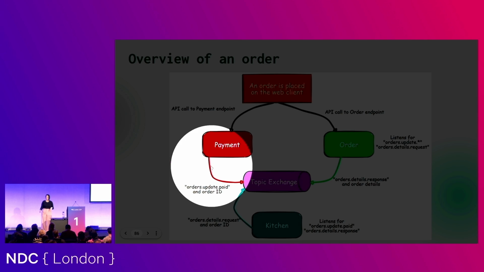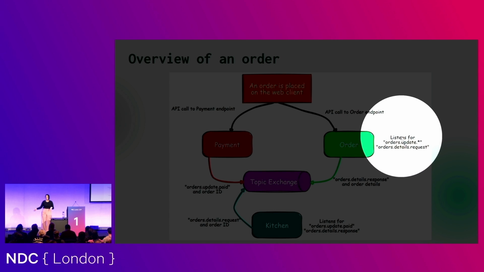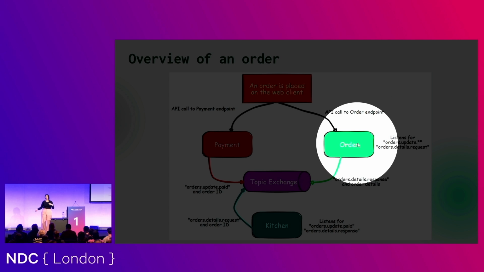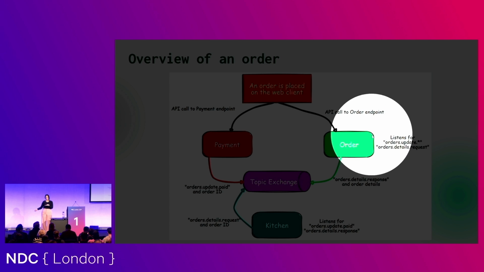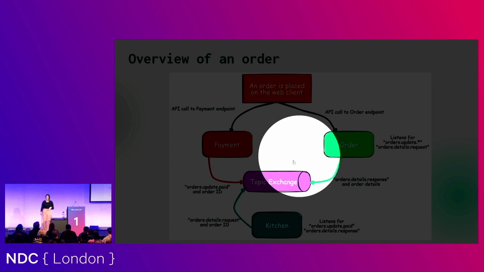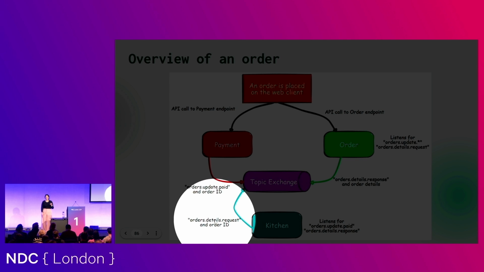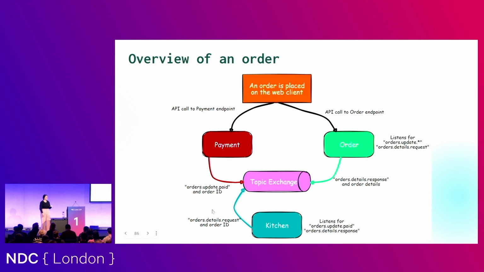And if we go over to our order module, it's listening for any sort of order updates because it needs to update the order record to say what status that order is in. Now we also have our kitchen module, and this is our queue, our topic exchange, because this is a RabbitMQ example, and we have our orders detail request. That's our request for the fat message. It's saying, I've got this order ID, but no details of what I need to cook. So, hey, can someone send me some order information?